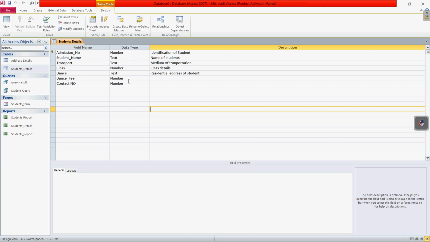The data type can be selected from this data type option, and description is the information which you want to appear for any of the users, so that the values can be entered. This can be written in the description area.